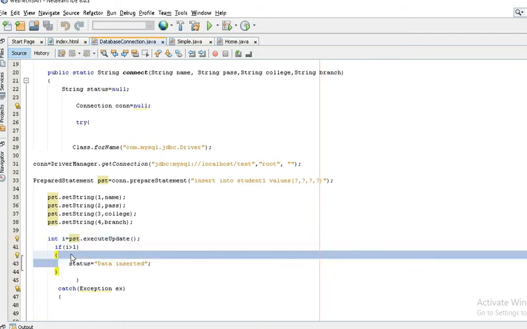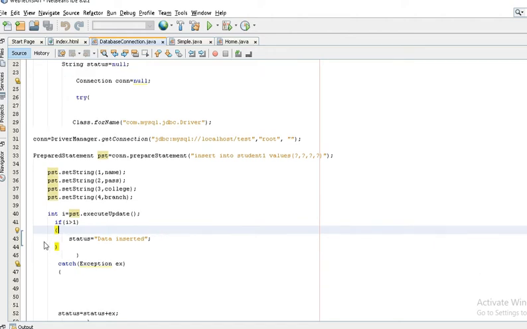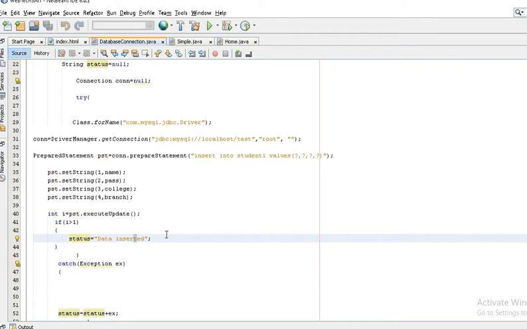If the value is greater than 1, it returns a positive value, and the data is inserted successfully. So I take the status string and put some string in it, so that we get the confirmation on the page.